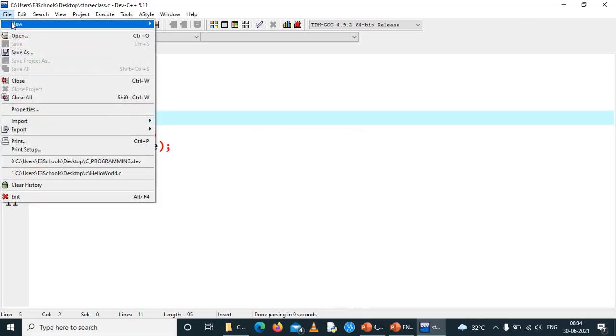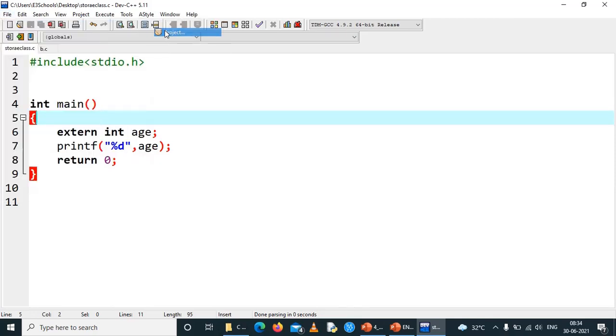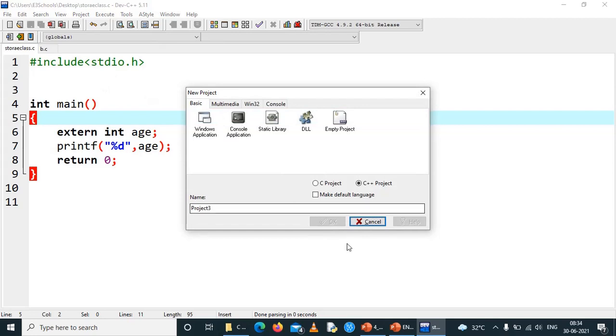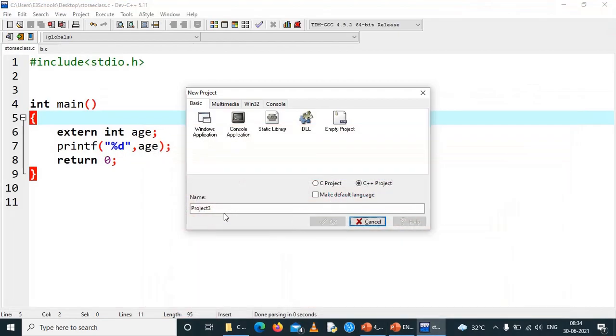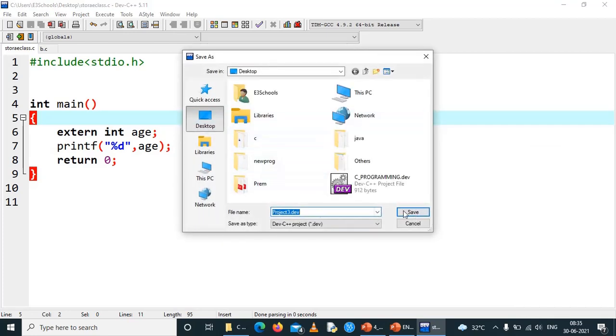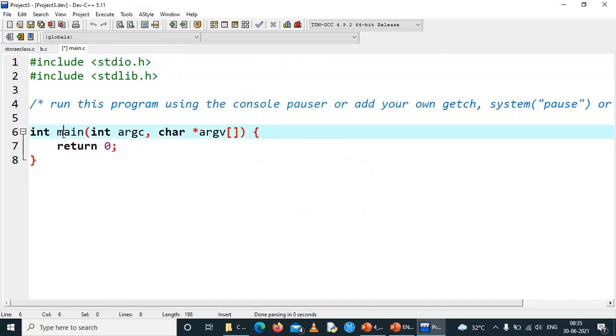Before that we need to do one thing. We need to create a project. I think we have mentioned this code. Both must be present in the same project. So we have to create a console application, C project, which will be created on the desktop. So this is the main file.